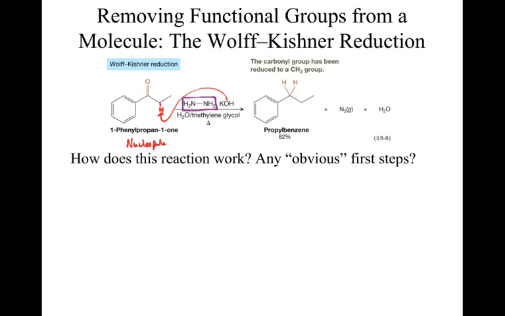So maybe the base is kind of a side thing. So what does our hydrazine have access to? Okay, well, it's a base as well. It's not as strong a base as the KOH, so we can ignore the base, but it's also a nucleophile. Okay, well, if it's a nucleophile, then that would mean the other species has to be an electrophile. So do we have an electrophilic site in that starting carbonyl compound? Well, yeah, we do. Okay, that carbonyl carbon is electrophilic, which then means we could have our hydrazine come in and attack,